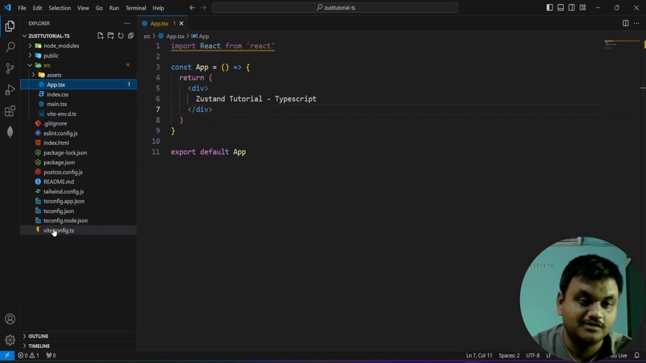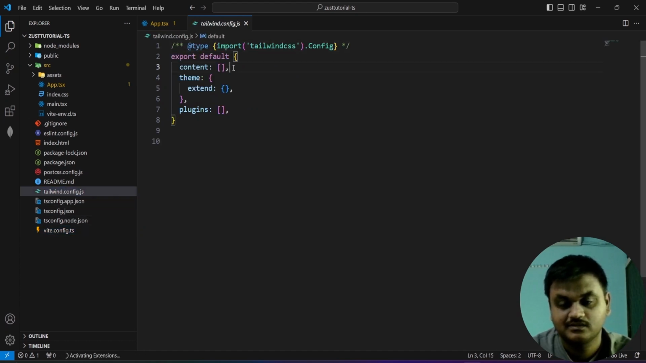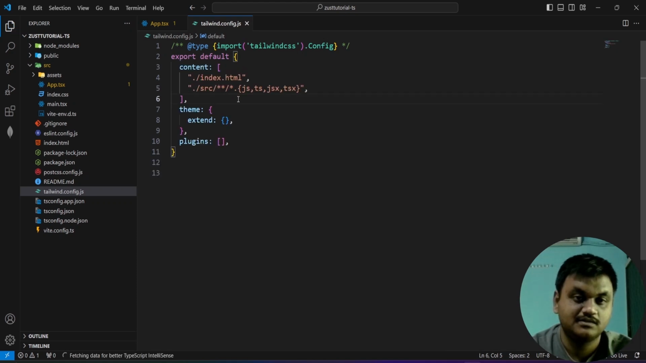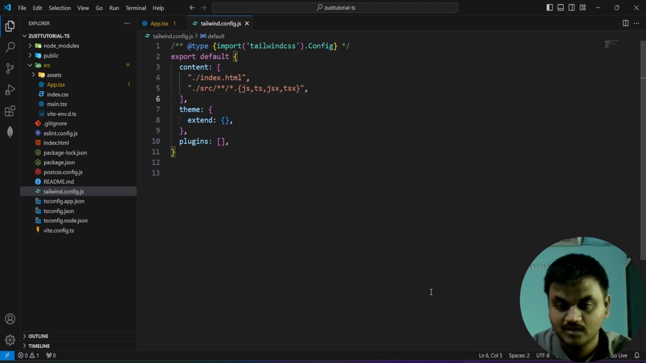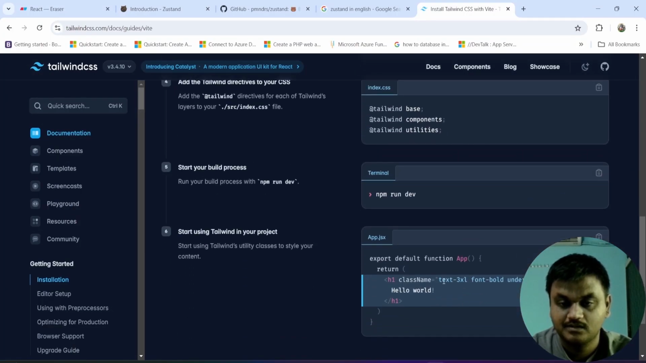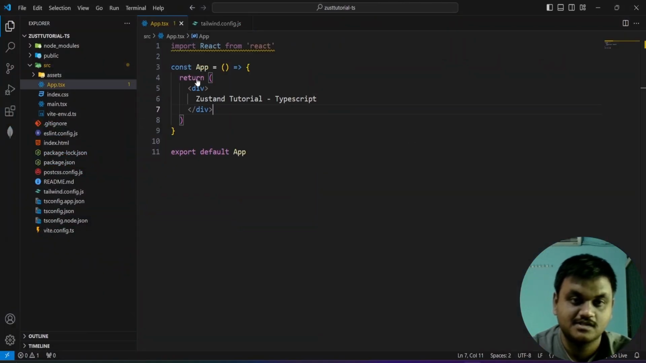come to the tailwind.config.js. Here, in the place of content, make it like this, then copy and paste here. Come here and copy this class and copy this class and go to the App.jsx